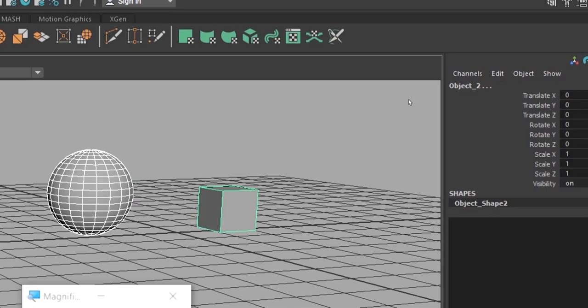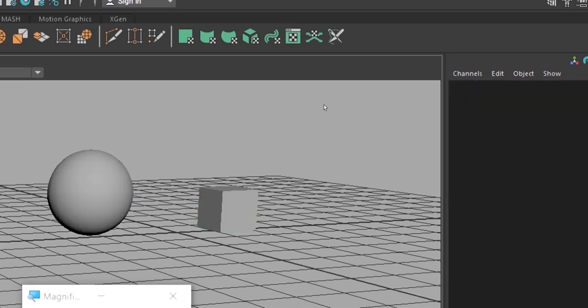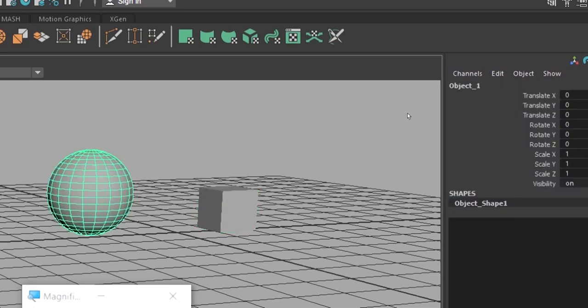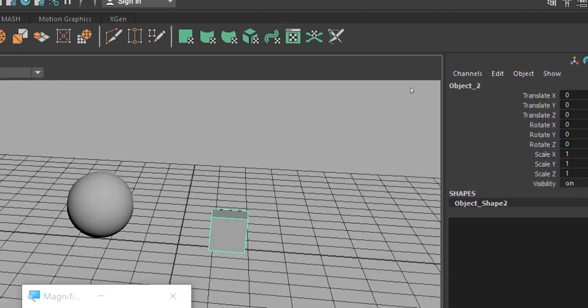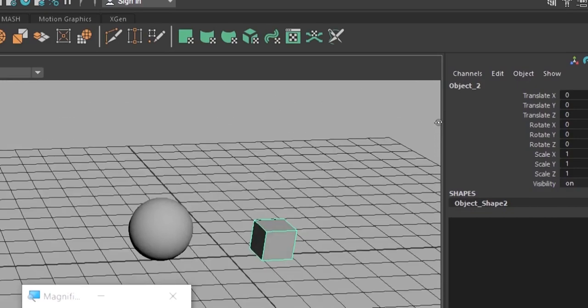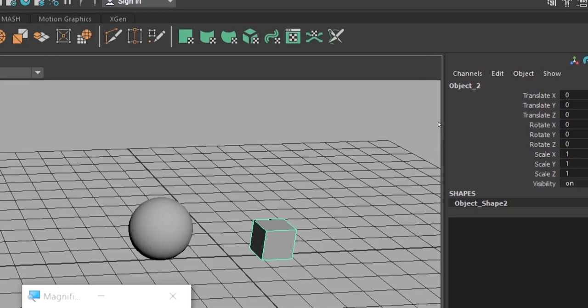Okay, give Control Z and go back. Okay, now there is no connectivity, no constraints. Okay, I will show one small demo, a small difference between the parent-child concept and constraints. Okay, so select the object 1, shift select the object 2.